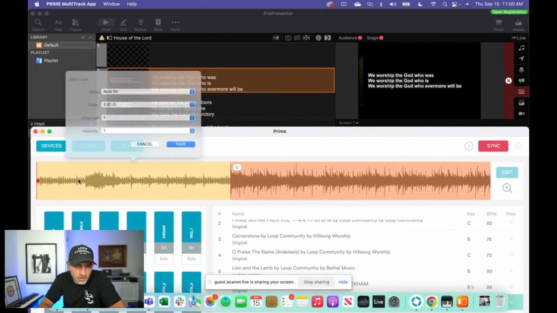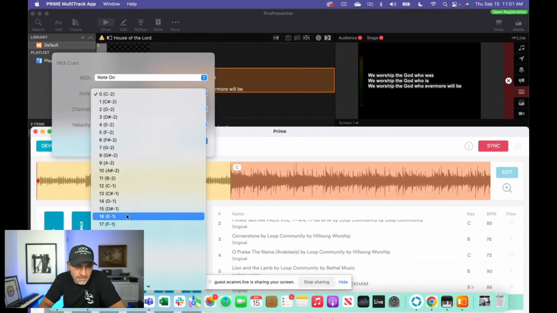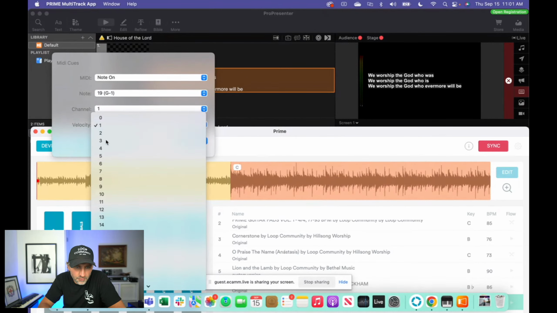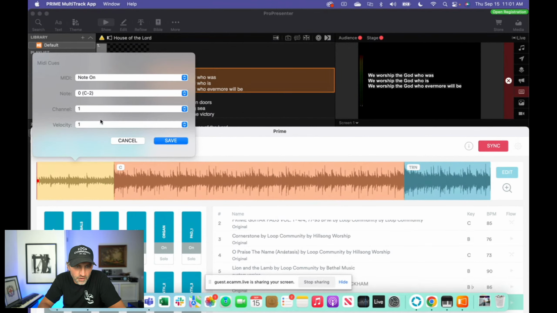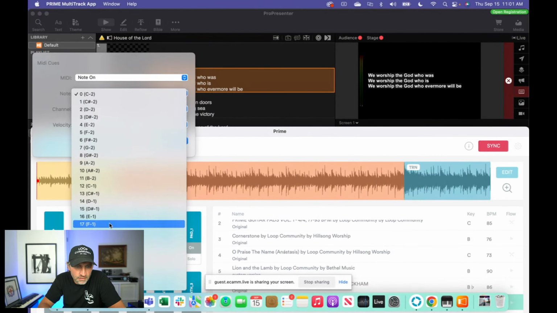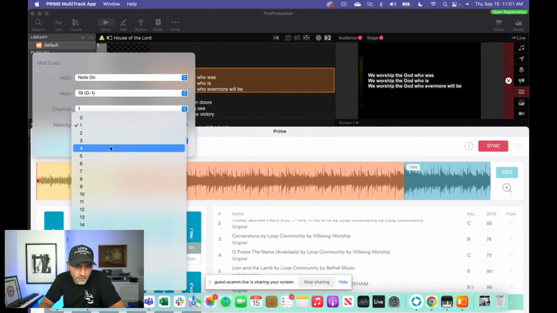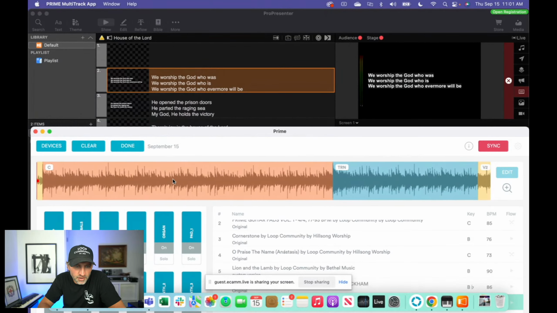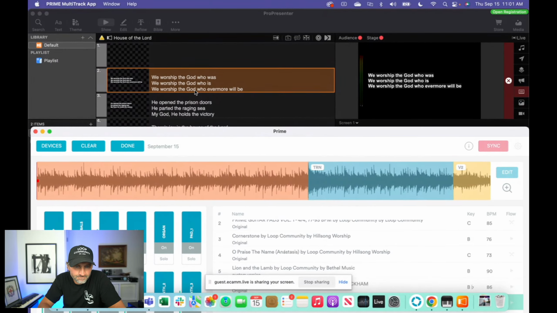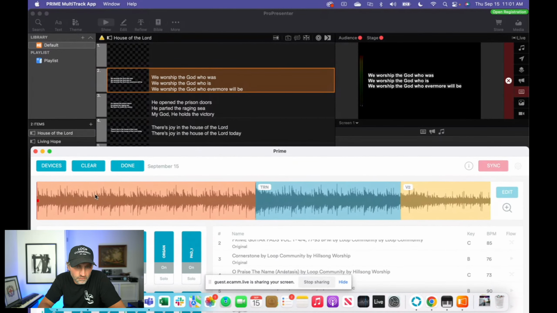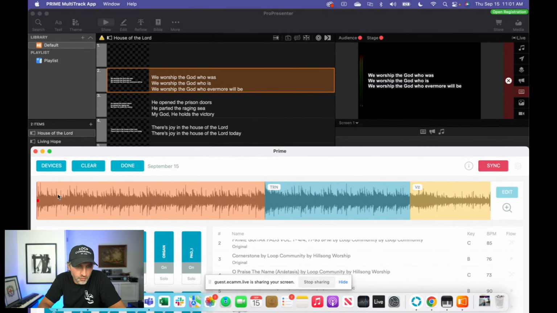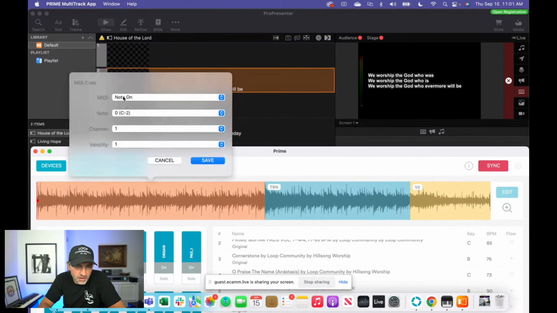I'm going to add a MIDI note right here. MIDI note 19. We're going to go to slide number 3. Bam. Then I'm going to add another one right here for the chorus. MIDI note 19. Slide number 4. Okay, and let's go and press play. All right, right here, we're going to go to slide number 5, MIDI note 19,